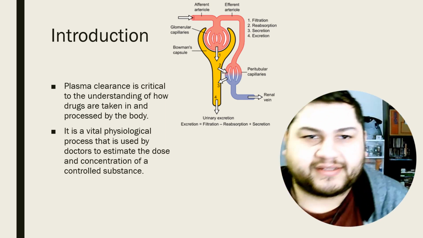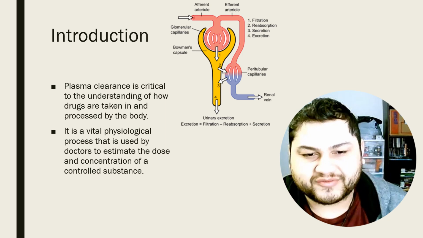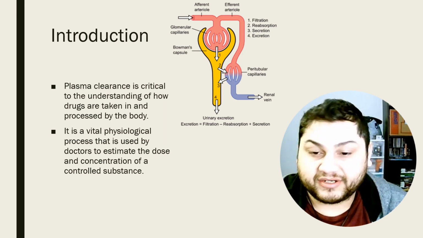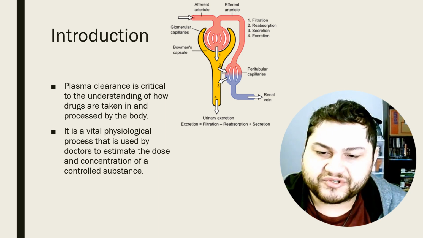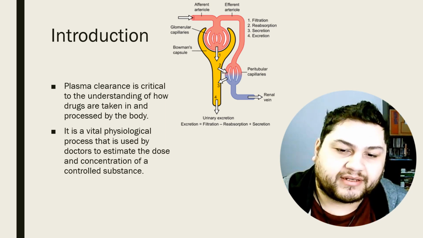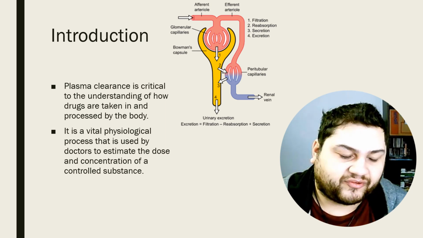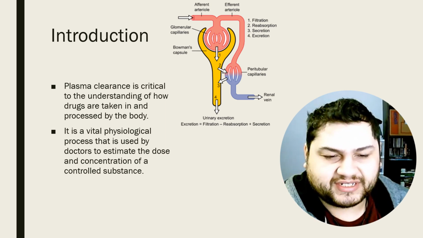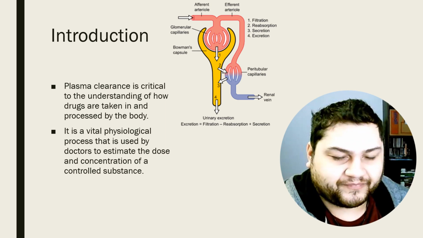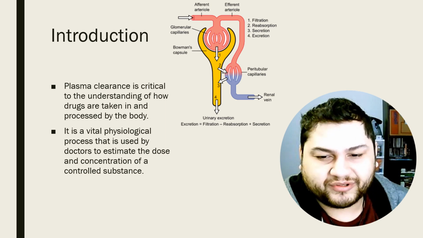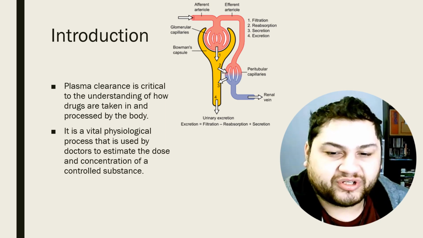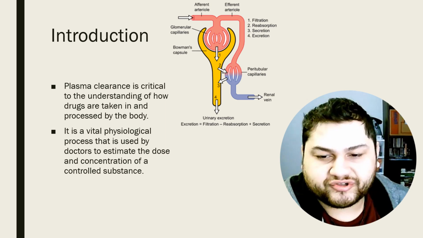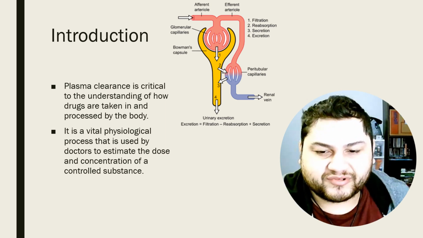Yeah, it's basically very critical when it comes to the understanding of how drugs are taken and processed through the human body. It's the main way that doctors are able to administer drugs to patients in a safe and reliable manner. It's basically the principle of what allows a controlled substance to be given to a patient, with the expectation that it's going to be filtered out by the organ of filtration or excretion, usually renally. In this case, what that means is the kidneys, but also, of course, that translates to the urinary tract system as well, and how the body is able to expel that substance